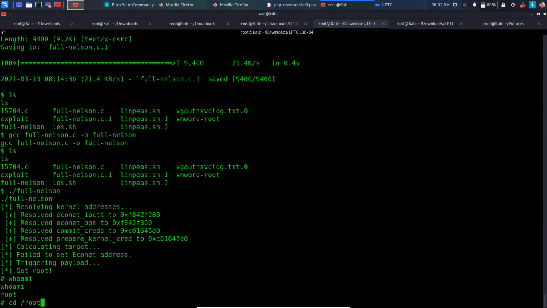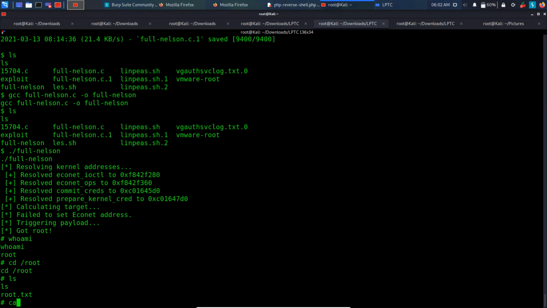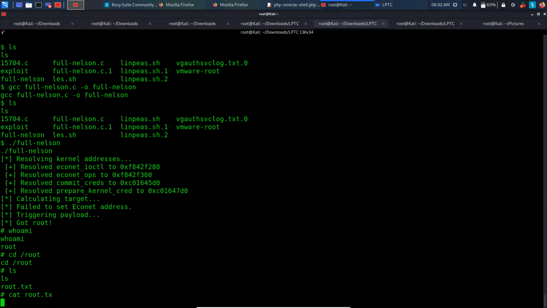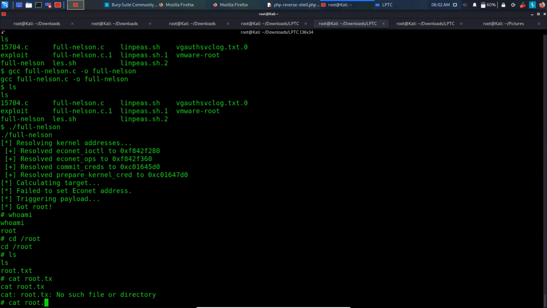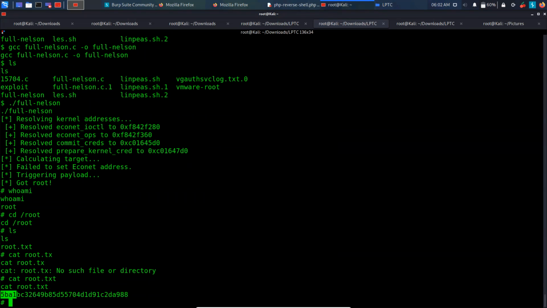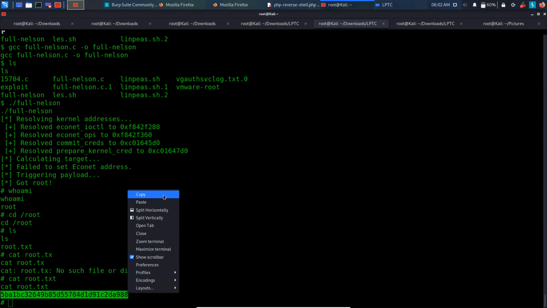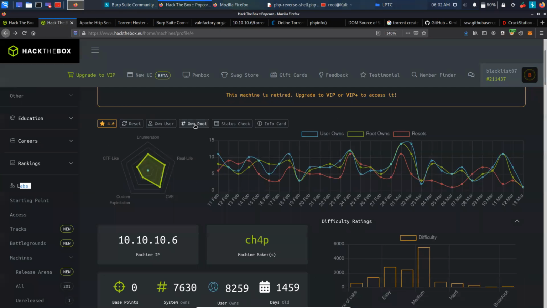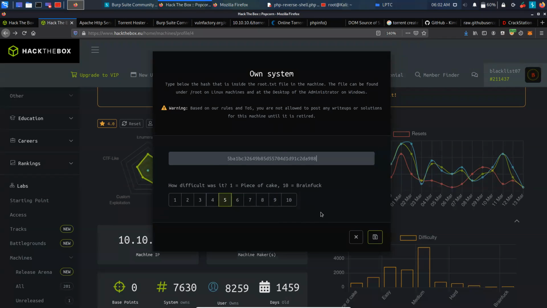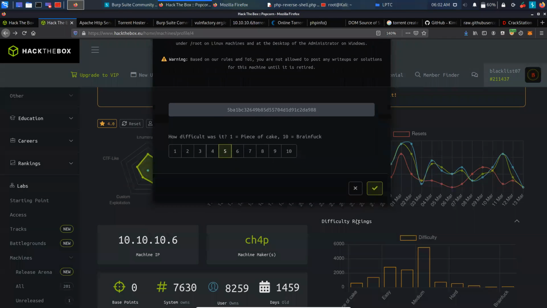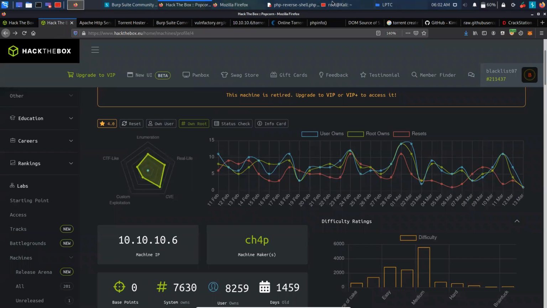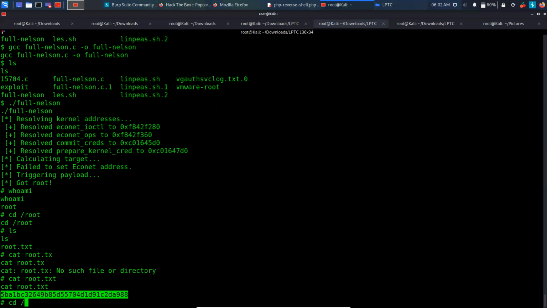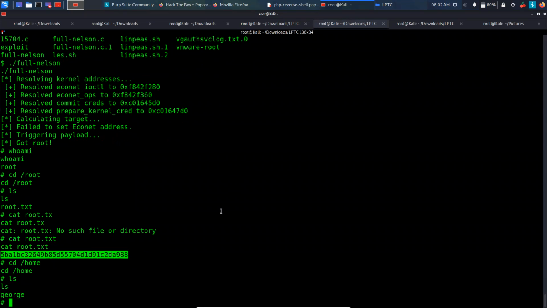So in Hack The Box, if you go to the root directory, there will be a flag. You can say cat root.txt. And we found the hash. We just need to copy the hash and go over here and own root. For user, we can check the home directory now. We can check what all users are there.